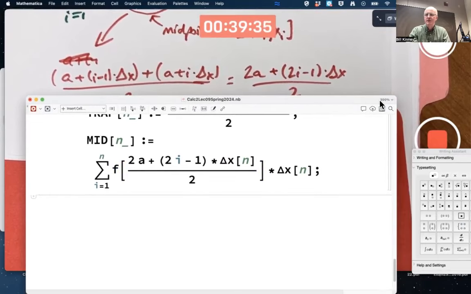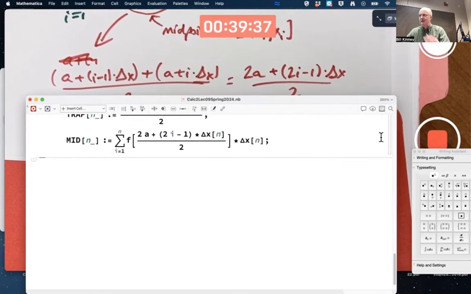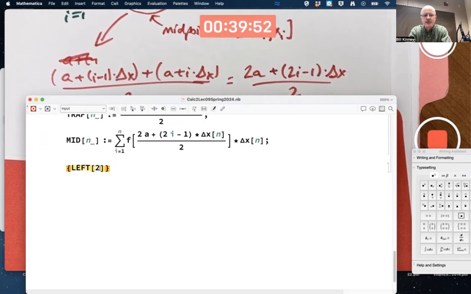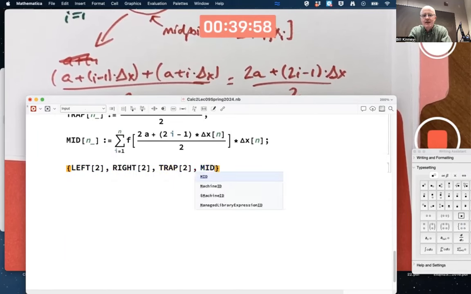What we're about to do is the most important part of today's class. So listen really carefully. You can write some things down, but it's probably going to be more important to listen. Any one of these things could approximate the value of the integral. I could do with n equal to 2, for example, left of 2, right of 2, trap of 2, and mid of 2, and see how they compare with the integral,